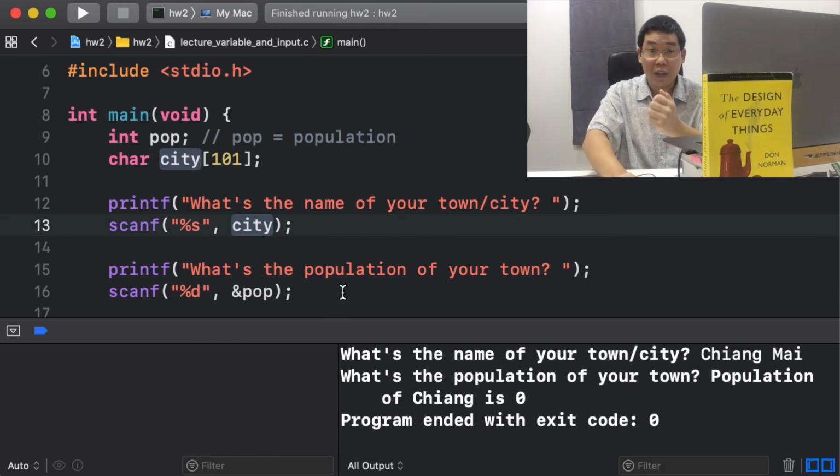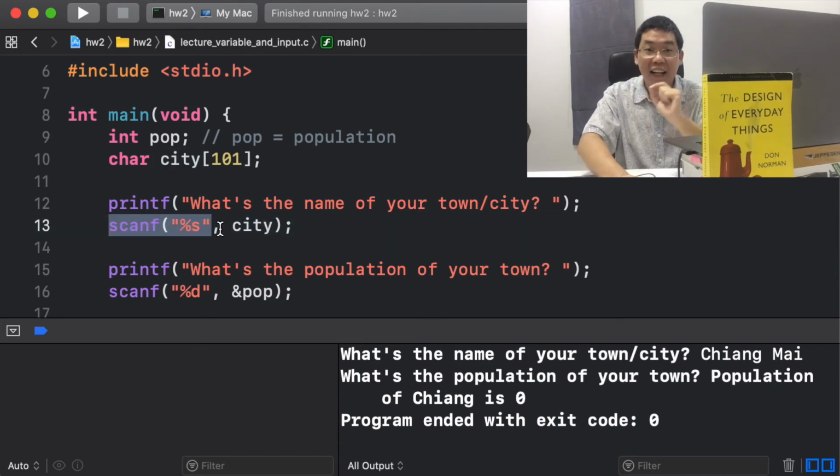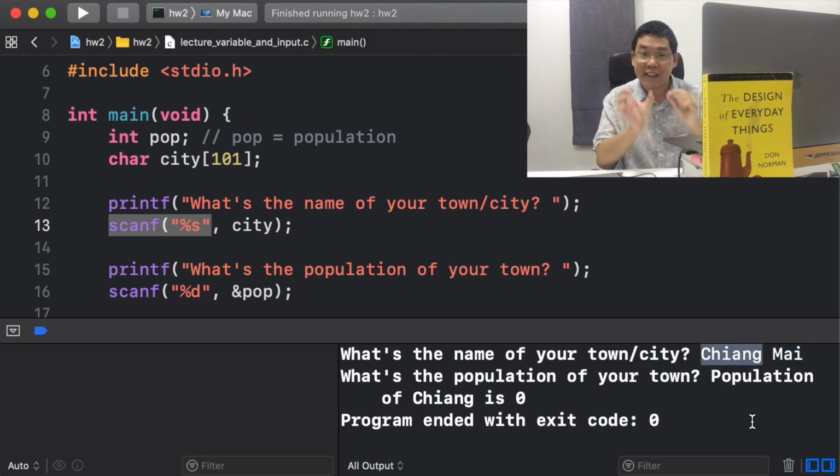So it turns out that scanf with the %s format string really does not like a space inside the input. In fact, what it expects is a single token. It's like a single word without any space in between. Once it sees a space, it just takes Chiang as the input for city.